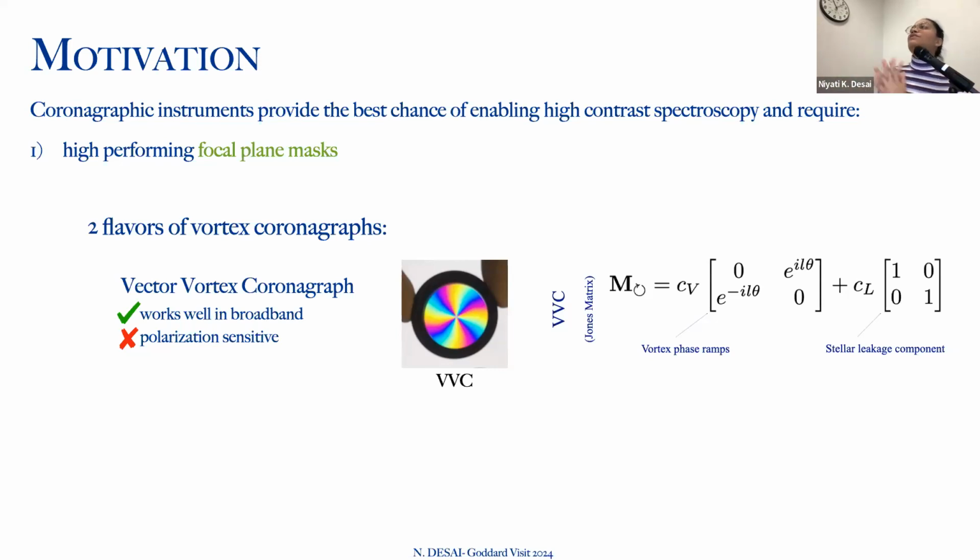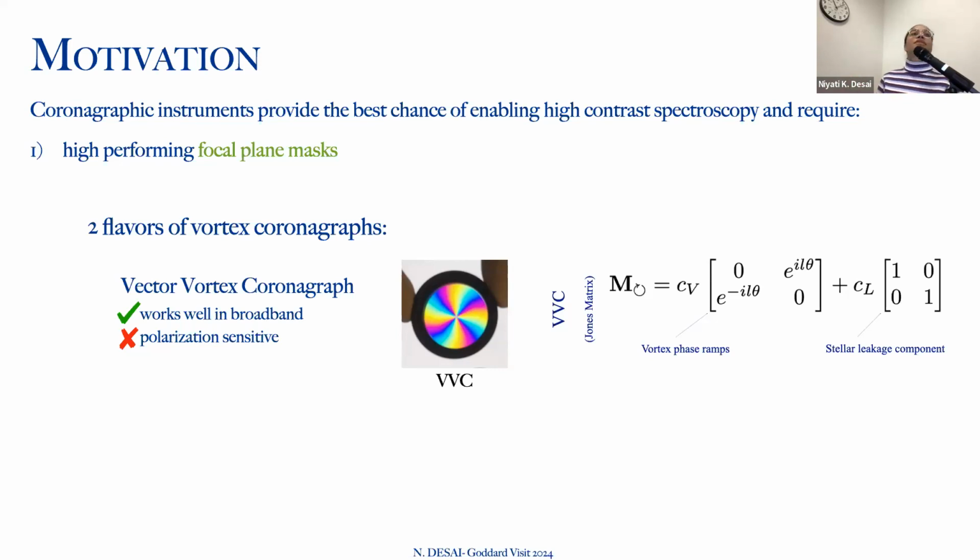So now back to the slide here. The vector vortex coronagraph, that's one of the 2 flavors. And the key component here is that it works well in broadband light, but it's polarization sensitive. And that's because of the fundamental way it imparts a spiral phase ramp onto the light. You can see here on the right, there's a simple Jones matrix that explains what happens when you send light